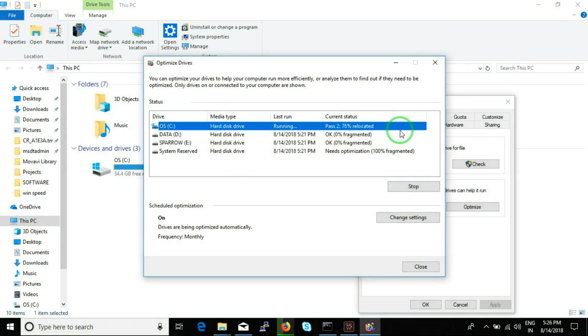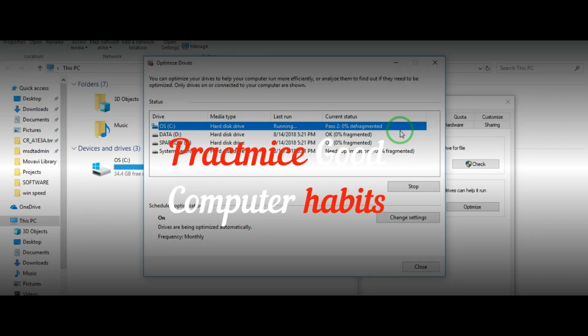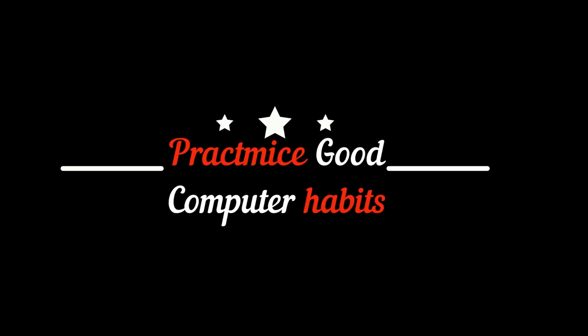Next one, this is the computer app. It is useful for